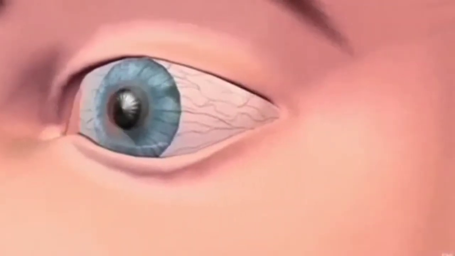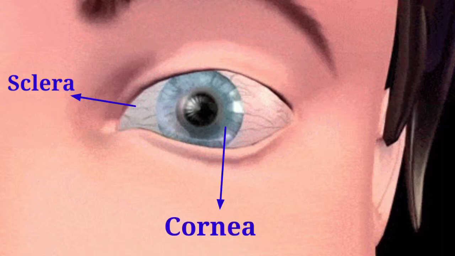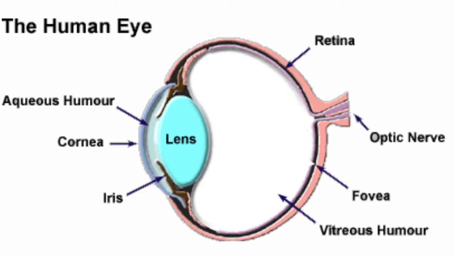See, this white portion of the eye is called the sclera. The circular part in the center has a transparent layer on it. It is called the cornea. Children, this is the front view. If you see the side view of the human eye, then see, this is the cornea. The cornea forms a transparent bulge on the front surface of the eyeball, and light enters the eye through the cornea. Because it is transparent, light easily passes through it.